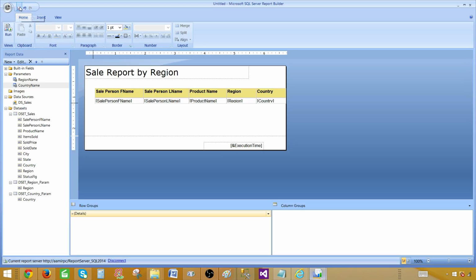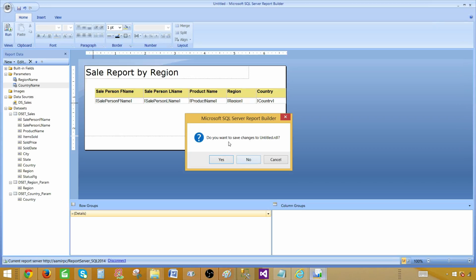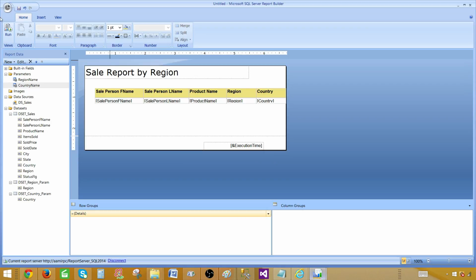Here we have two options. We can save or we can close, and while we close, it will ask us, do you want to save this report? So I'm going to cancel this for now, and I don't want to say yes from here. It will exit the report builder. So let's say I would like to be in the report builder and just save my report. So I'm going to cancel this out, and now I would like to save,